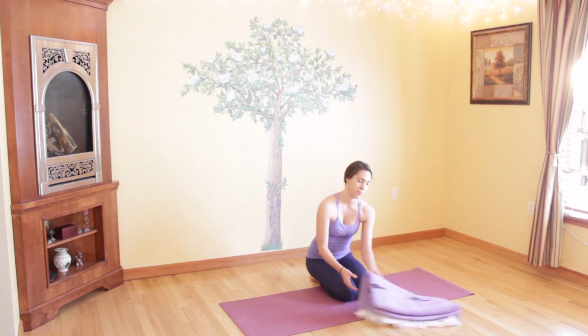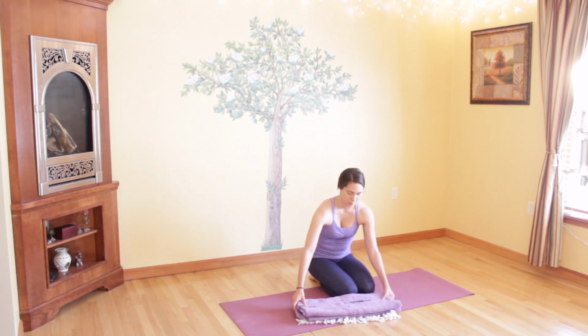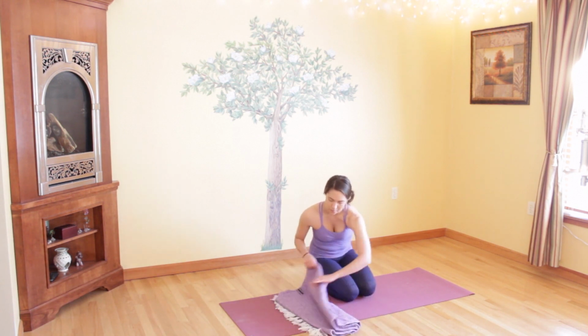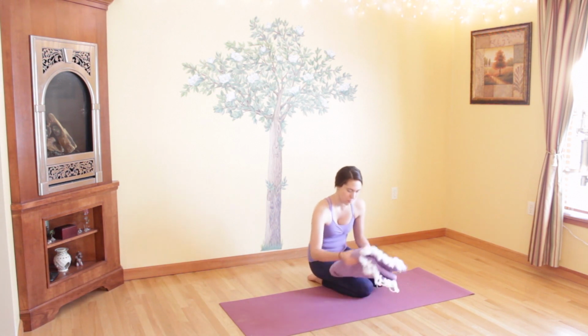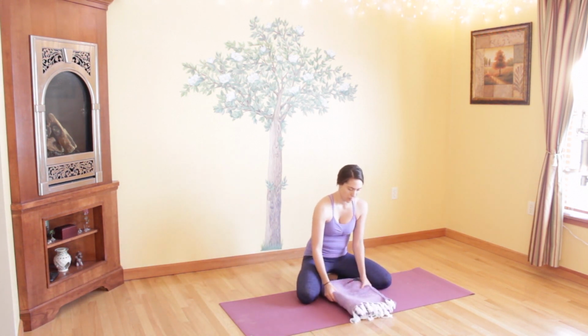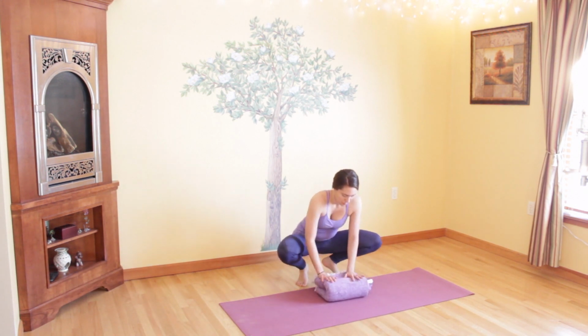ground. Take your blanket and fold it so that it's really thick. Figure out what way is best for you at the height of your stretch. If you need 2 blankets, 2 towels, perhaps a block. It just depends on your hip flexibility and your inner thigh flexibility. So take the time, you can pause the video and figure out what you need once we get into the